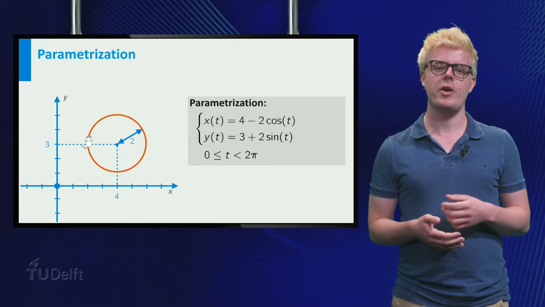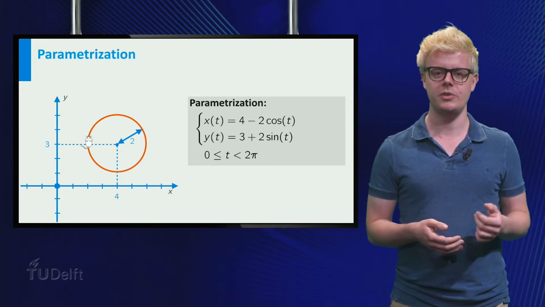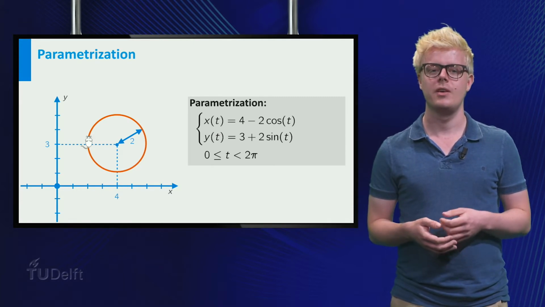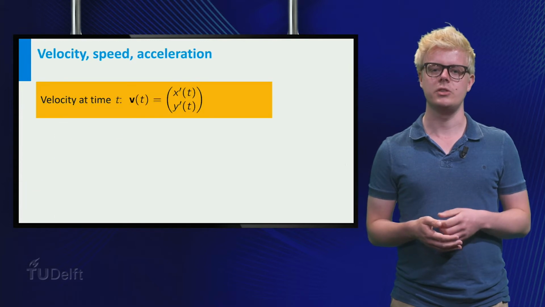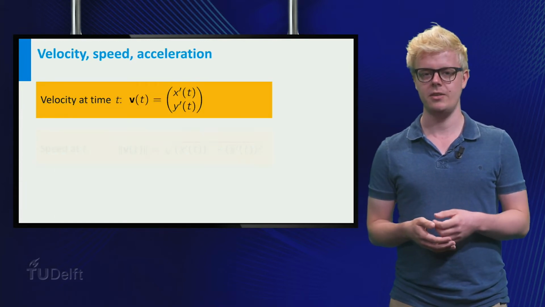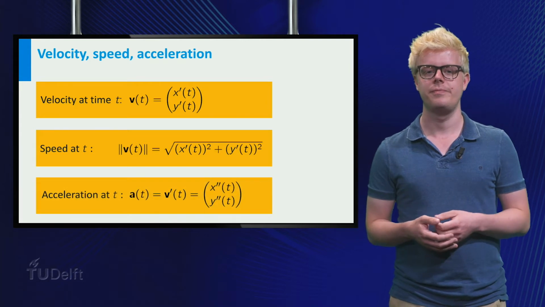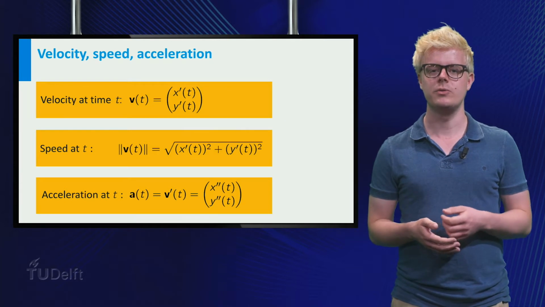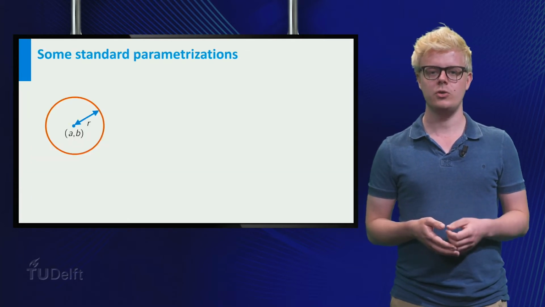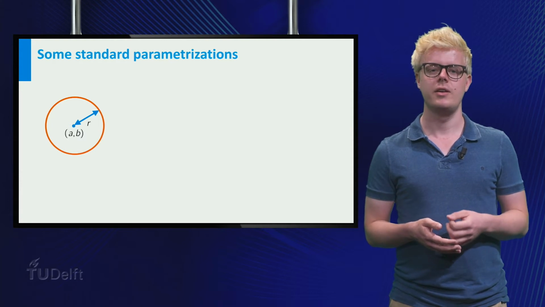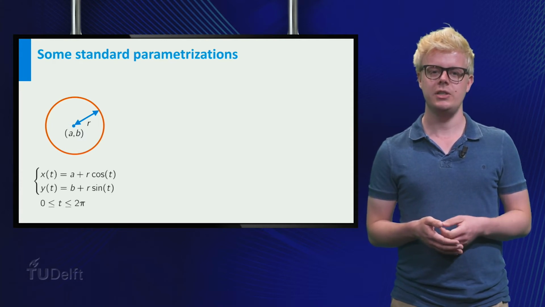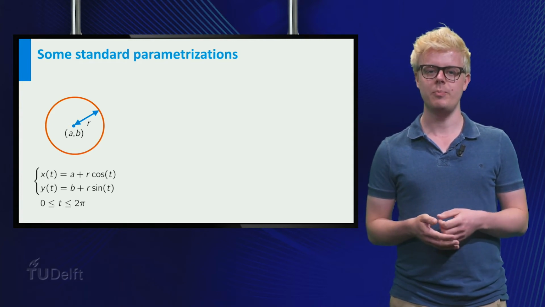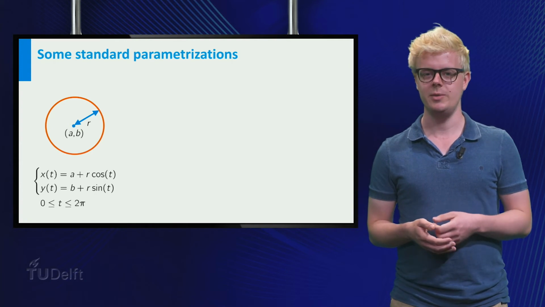A useful property of parametrizations is a relation to moving objects. The motion of an object can be described by coordinate functions. The first and second derivative of the coordinate functions then give the velocity, speed, and acceleration of the object. In the exercises, you encountered some standard parametrizations, which we recall here. For a circle with center (a, b) and radius r, a parametrization is given by x(t) equals a plus r times the cosine of t, and y(t) equals b plus r times the sine of t, with t between 0 and 2